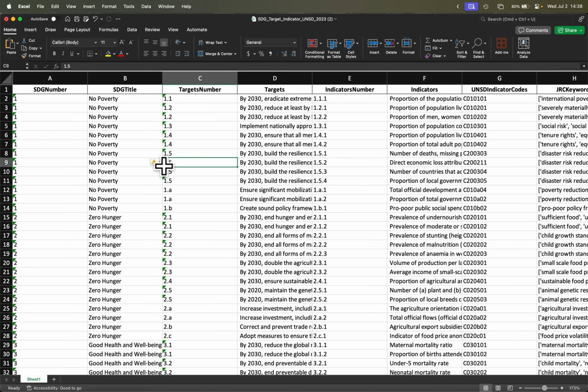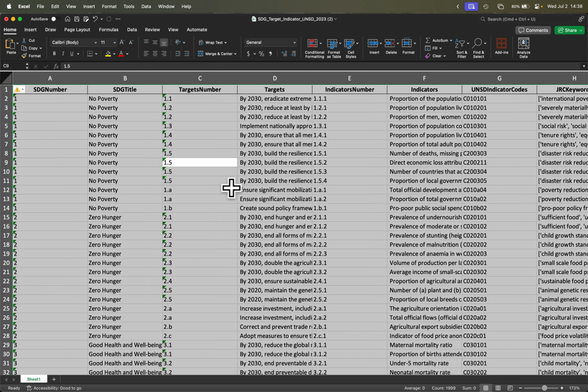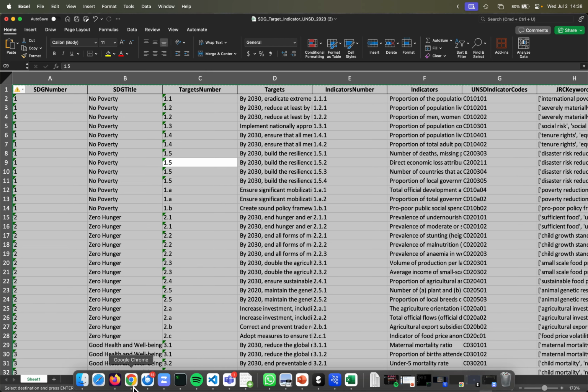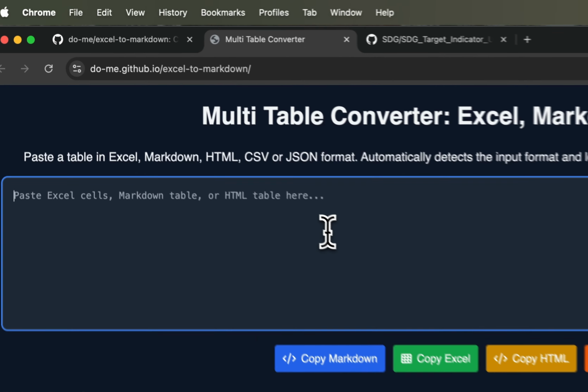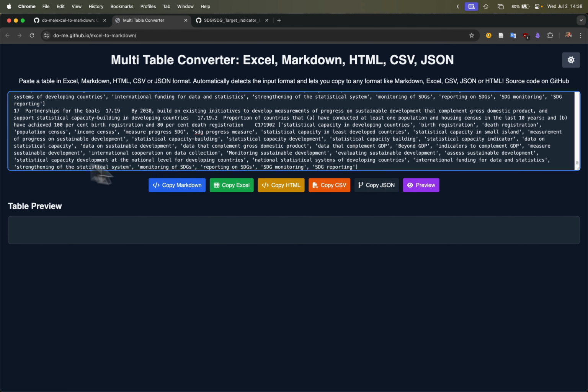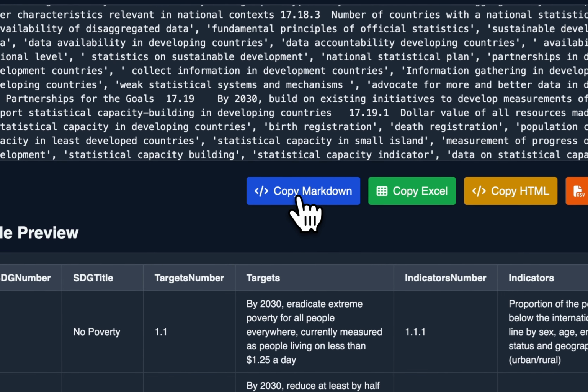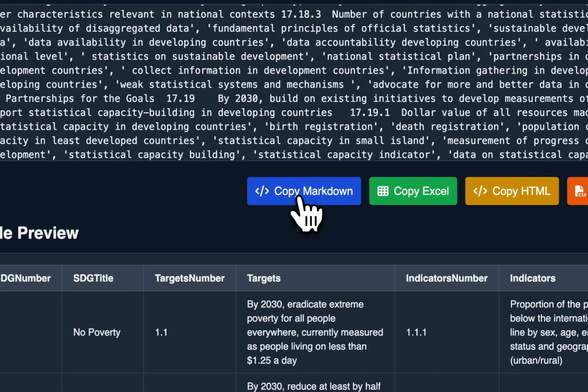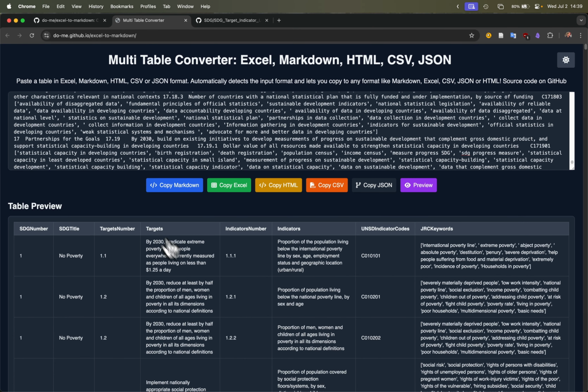So what we can do now is we simply go to the table, mark everything with Command A, Command C, so to copy everything in our clipboard. Then we switch to multi-table converter. We simply paste everything in here, Command V. Everything is pasted in here as is, no editing needed. Just click on copy down once and you see that everything is copied to your clipboard and a small preview